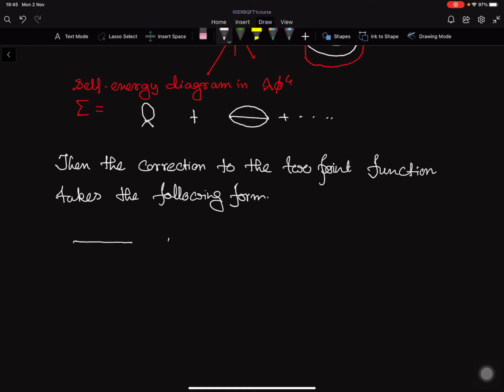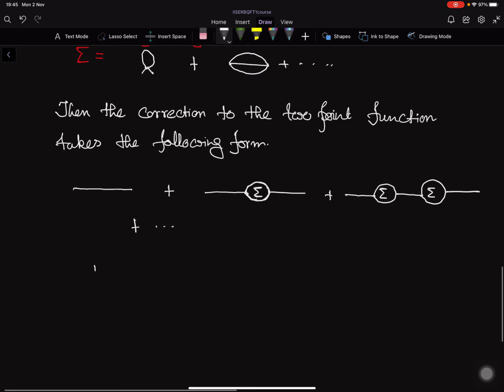So firstly there is this piece, and then I have this, which I denote as sigma, which means it is some self energy diagram. Then I have this 2 self energy diagram plus dot dot dot, which means that it takes the form